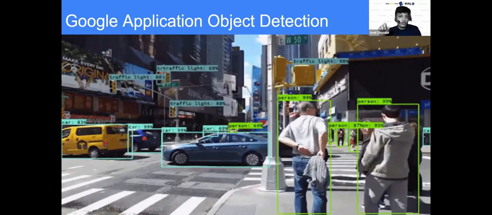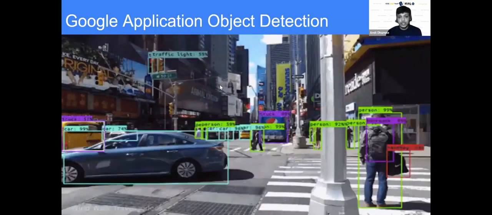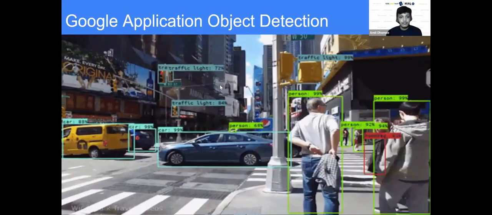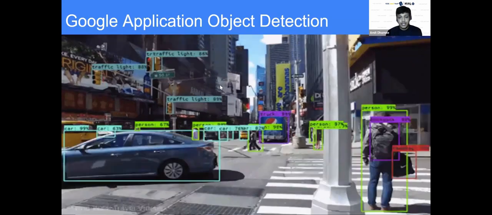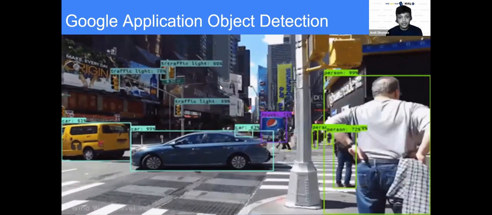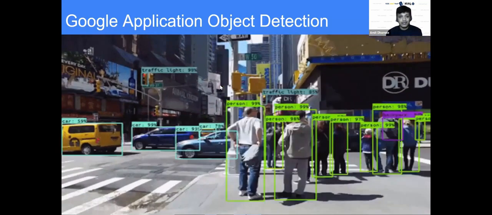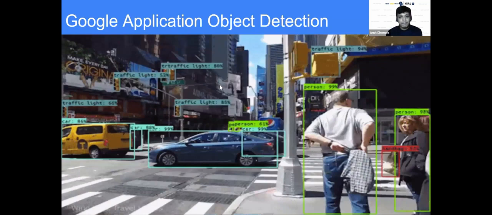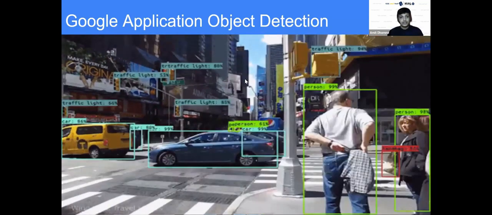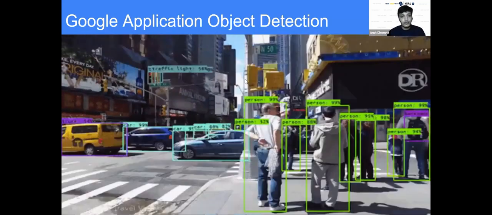And now can anyone tell me which module it comes under? We have shown three, right? Object detection, so we have shown computer vision, NLP, and machine learning. So which module does it come under? Yes, many of them are giving the correct answer, and I'm really happy to see that. Yeah, correct. Computer vision. Why computer vision? Because the satellite is going to capture the videos and the audios.